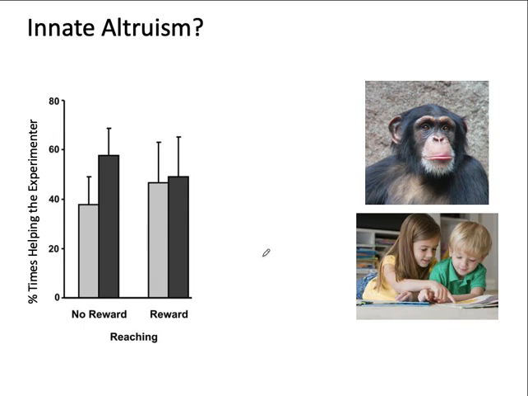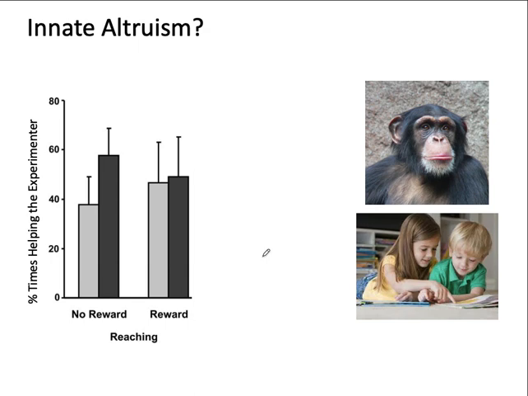And what we see is that when there's a reward, when there's a benefit for the chimpanzee or the human to help you pick up the thing you dropped, there's not a huge difference between humans and chimps. In other words, chimpanzees will cooperate with other individuals when there's a benefit for them. Yeah, I'll help you because if I help you pick up this thing, you'll give me a piece of candy or fruit or whatever it might be.